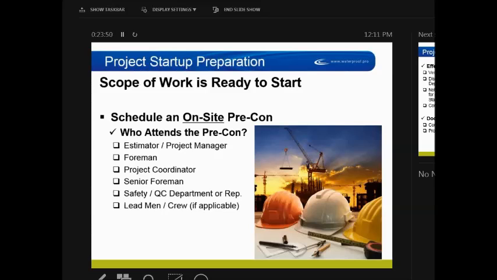Project startup and the preparation prior to going out to a job site. The scope of work is ready to start, and we've identified that we need to schedule a pre-con on site. A lot of times we try to get away with doing a tabletop pre-con in an office. I can tell you it doesn't work. If you've got a parking lot that you have to caulk and that's the only scope of work you have, maybe you need to bring that up with your team and discuss it. But don't just assume we're going to do the pre-construction meeting in the office,